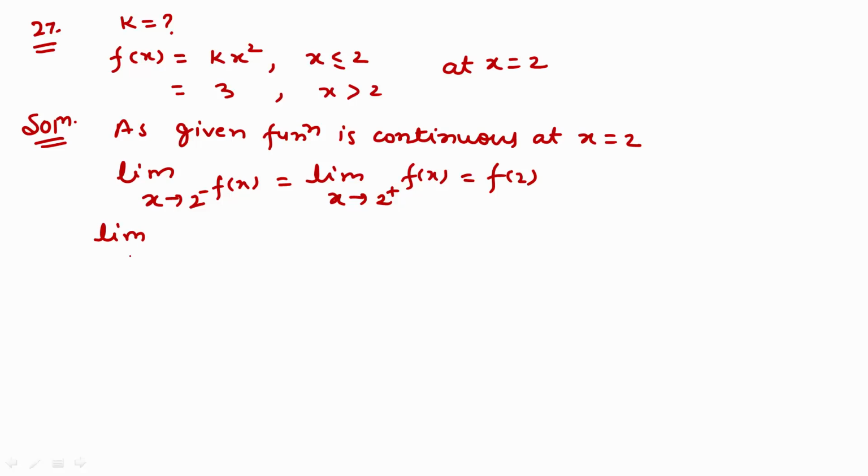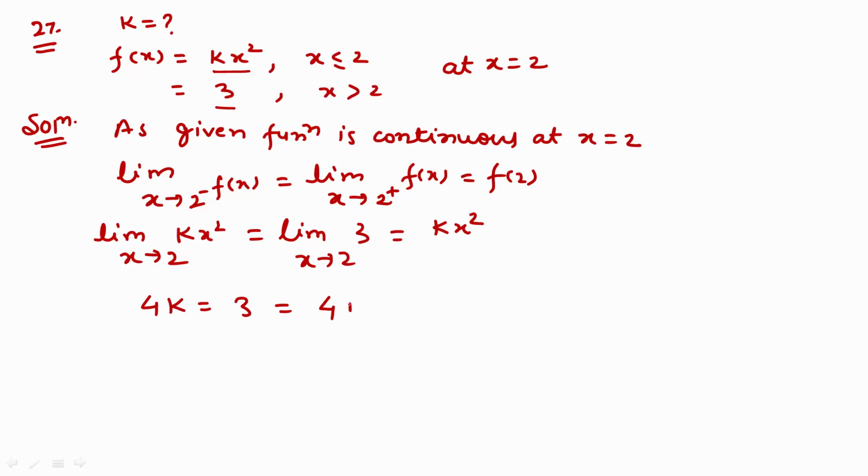Limit x tends to 2 minus, the function will be kx square, is equal to limit x tends to 2 plus, means the value of x is greater than 2, so the function will be 3, and f of 2, when x is equal to 2, again the function will be kx square. Now taking limit,